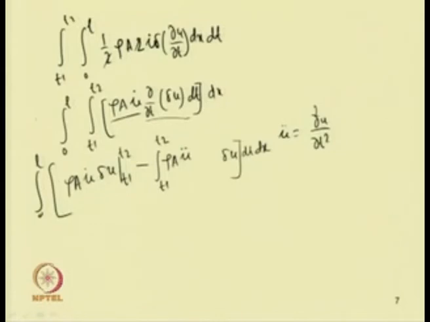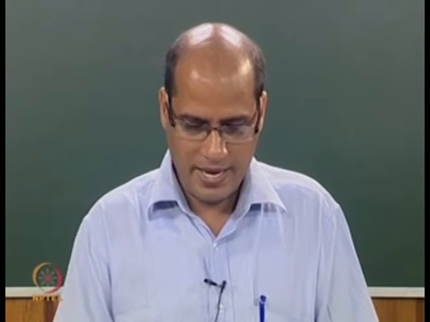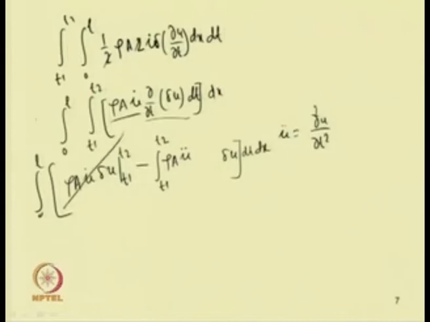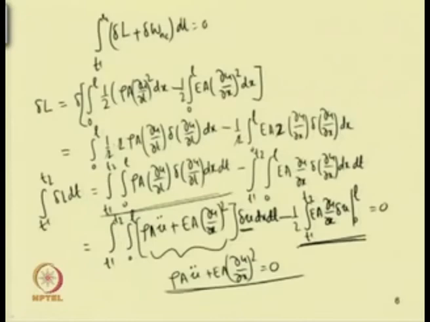So this term, this del u, according to our Hamilton principle, vanishes at these two times, that is T1 and T2. That is why this term becomes 0, and for this purpose one can get this equation. So you will have a minus term here, T1 to T2, 0 to L rho A u double dot, E A del u by del x whole square, del u dx dt, minus half T1 to T2 E A del u by del x del u, 0 to L.